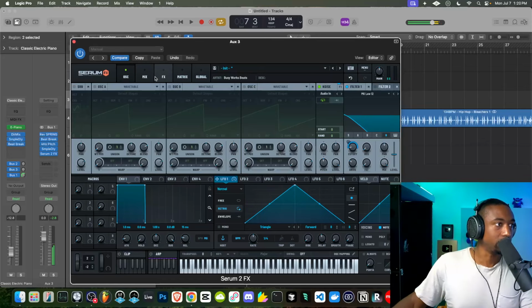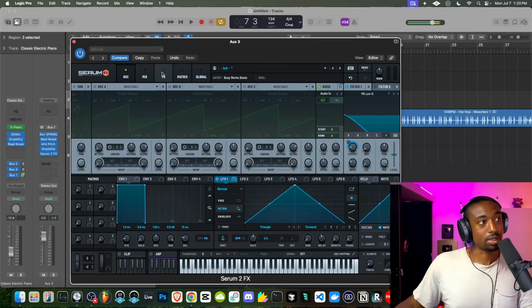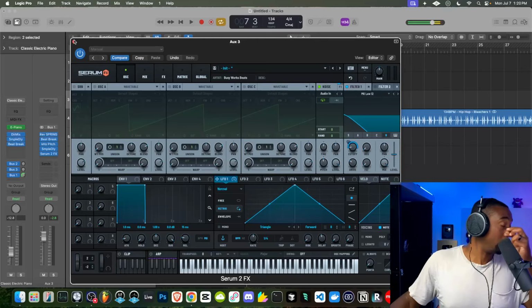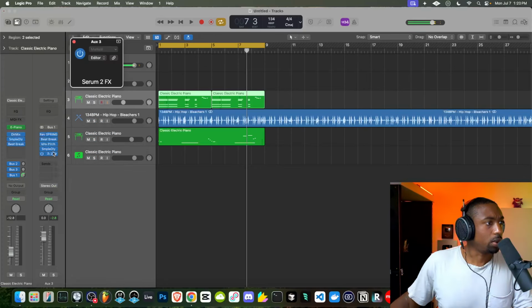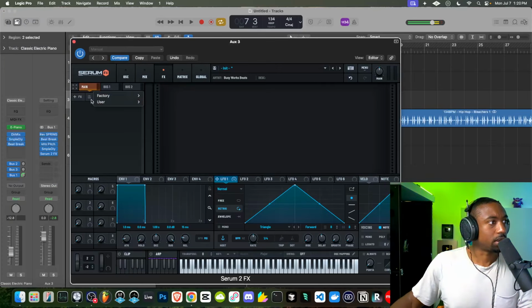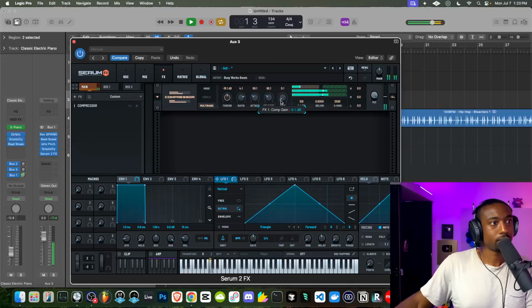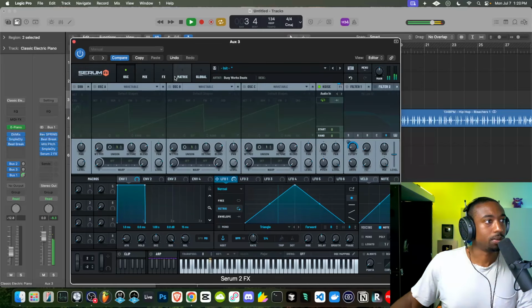So again, there's a million things you could do. You can even run the actual effects in Serum over top of the effects that we just had. So it can get really deep with Serum. Mainly it's just a filter modulation in this case. And then usually I'd run it through maybe some Serum effects. Actually, let's go to effects. We're going to click the effect, go to compressor. Let's do multiband. Let's take off the filter.